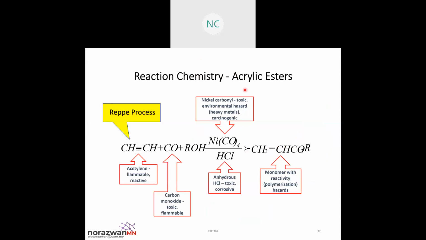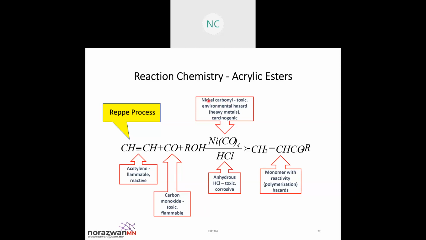For example, this is the reaction of acrylic esters, what we call the RAPE process. The RAPE process usually uses acetylene with carbon monoxide and alcohol. In the production of acrylic esters using this RAPE process, we involve flammable material, acetylene, and toxic and flammable carbon monoxide, also with a combination of